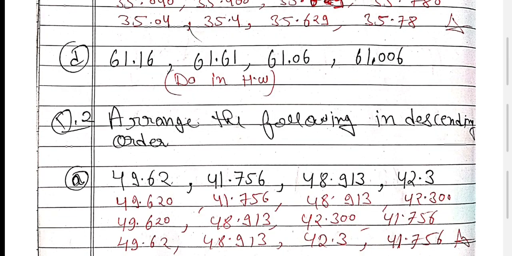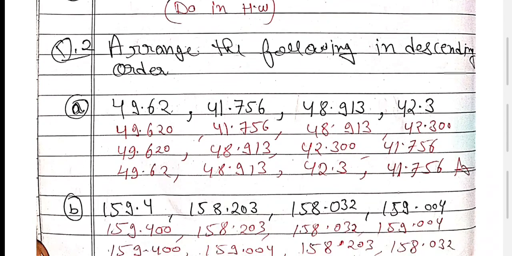Arrange the following numbers in descending order. Okay, the question is the same, but you have to write in descending order first. It is also the same: first convert into like fractions and then convert the descending order into the original numbers. Now just see, they have 2 decimal places, 3, the maximum is 3, so make all 3 by increasing 1 zero, and the same, increasing 2 zeros. Now do the comparison: 49, 41, 48, 42. Which one is greater? It is descending, so first write greater to smaller.